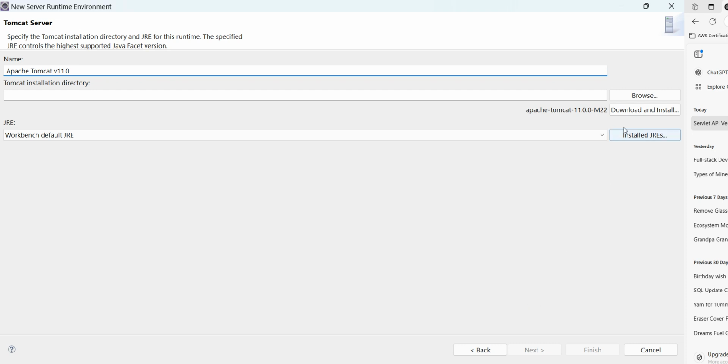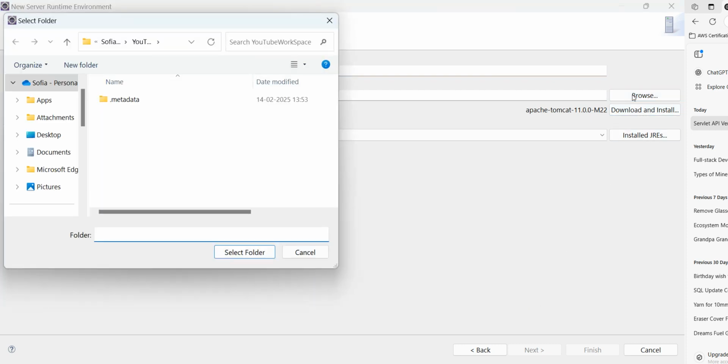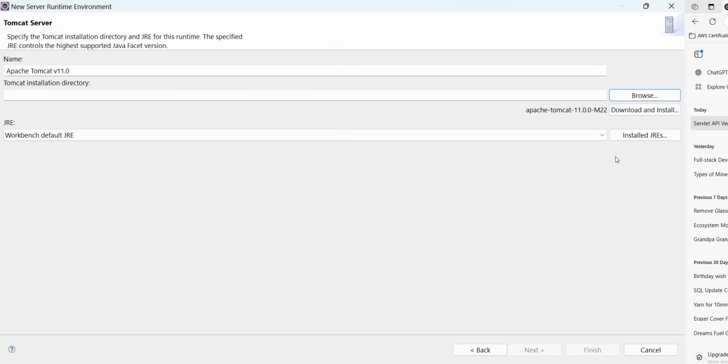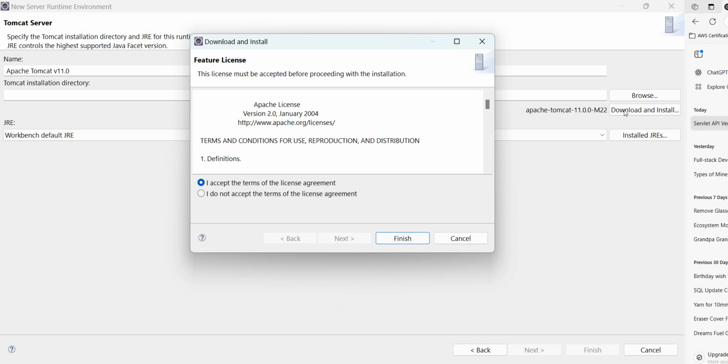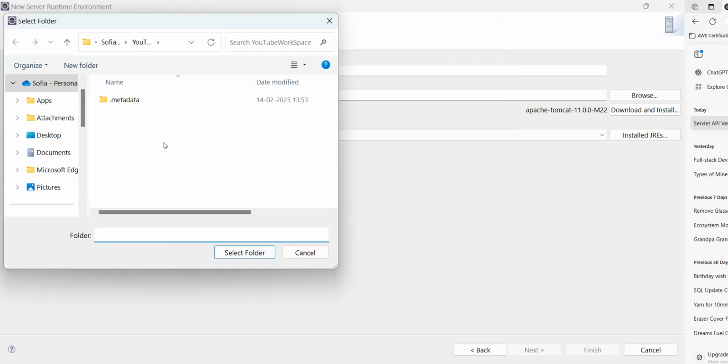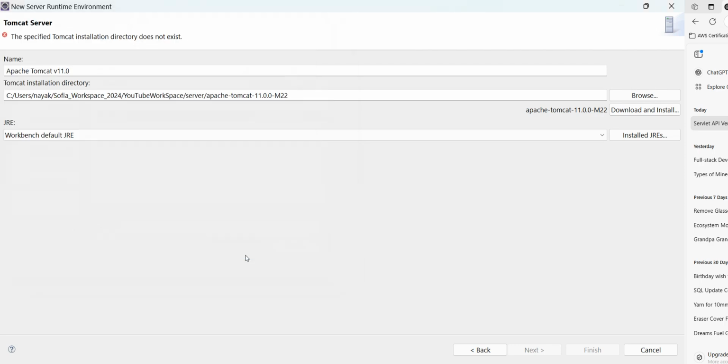Now we have to browse where to keep it. Because it is not present until now, I have to download and install. I have to check I accept the terms, then click on finish. Then here I create a folder named server SE, then enter, select the folder, then wait a little